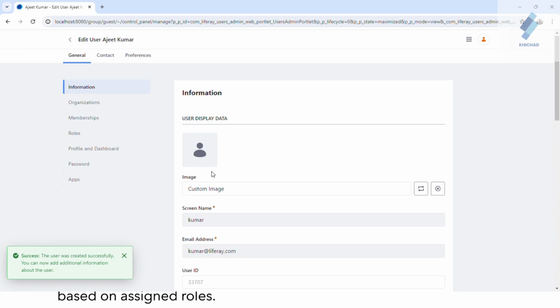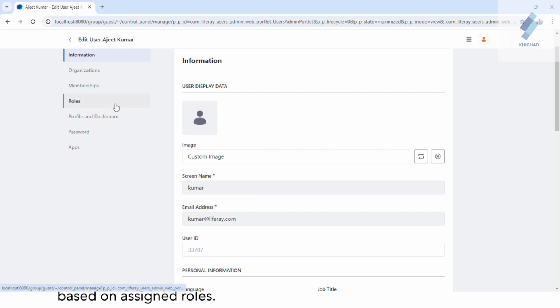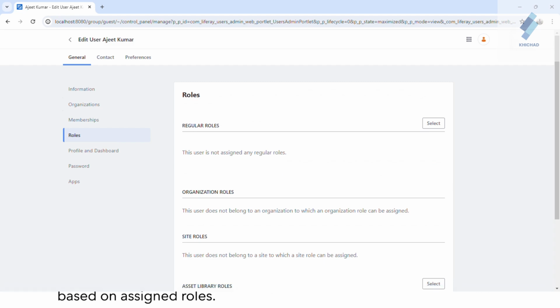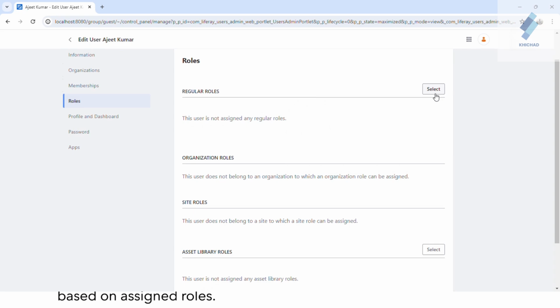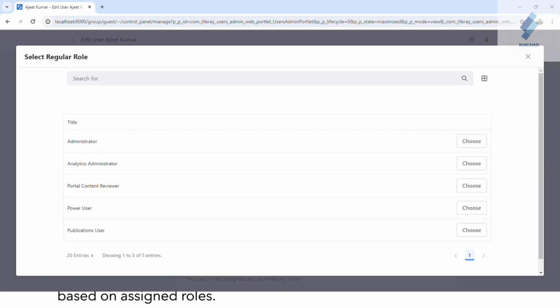Now you can see your user is created successfully. Go to roles to assign a role. So click on roles and select regular roles. Click here, select. After the click, you will see multiple roles that you can assign according to your preferences.